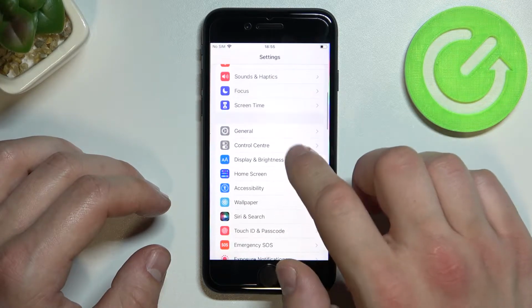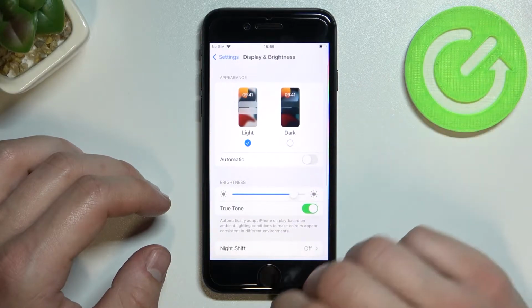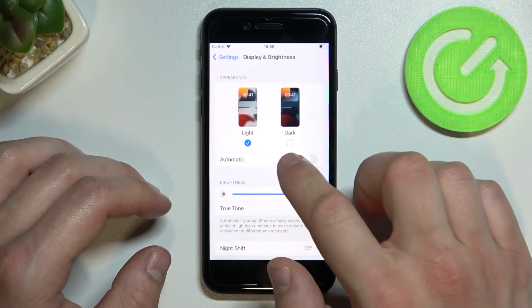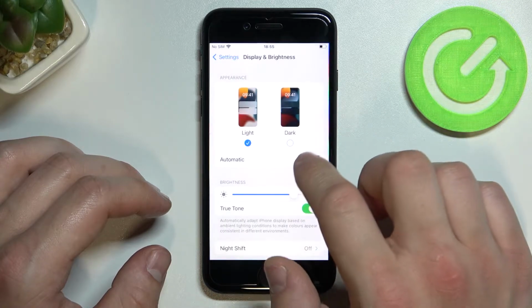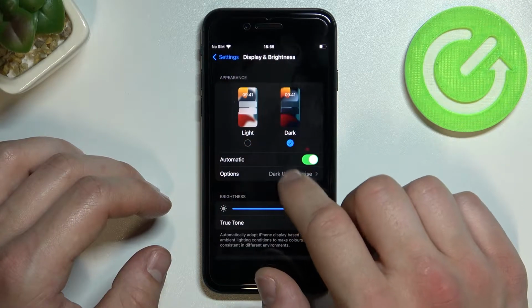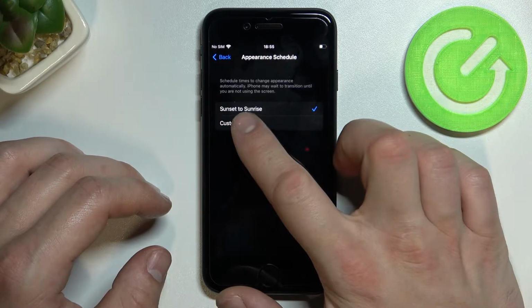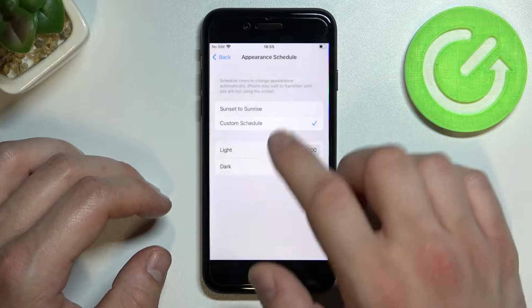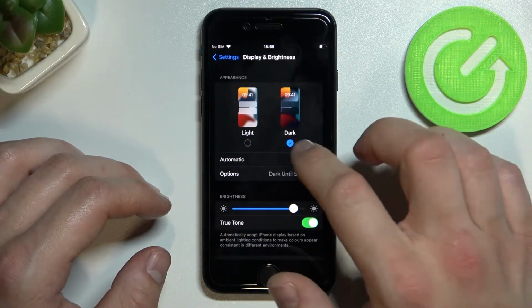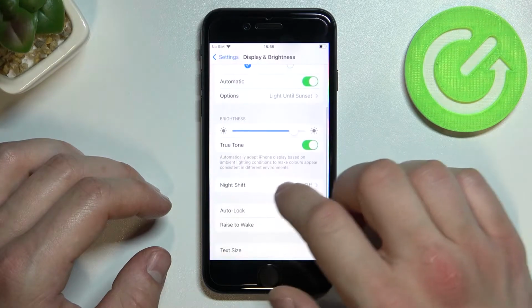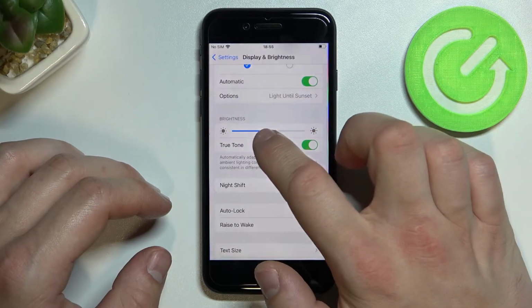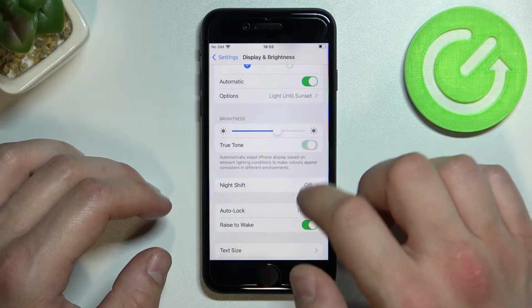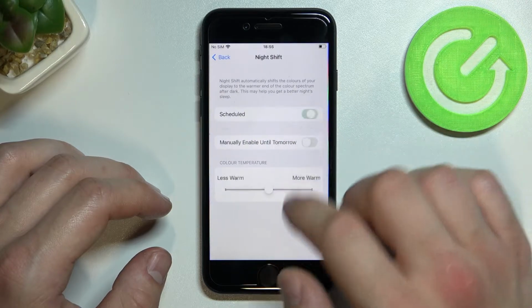Display and Brightness. Now, from this menu you can select between light and dark mode, enable automatic dark mode, and schedule it between sunset to sunrise or custom schedule. Next, you can change brightness level of your display, enable or disable True Tone, Night Shift,